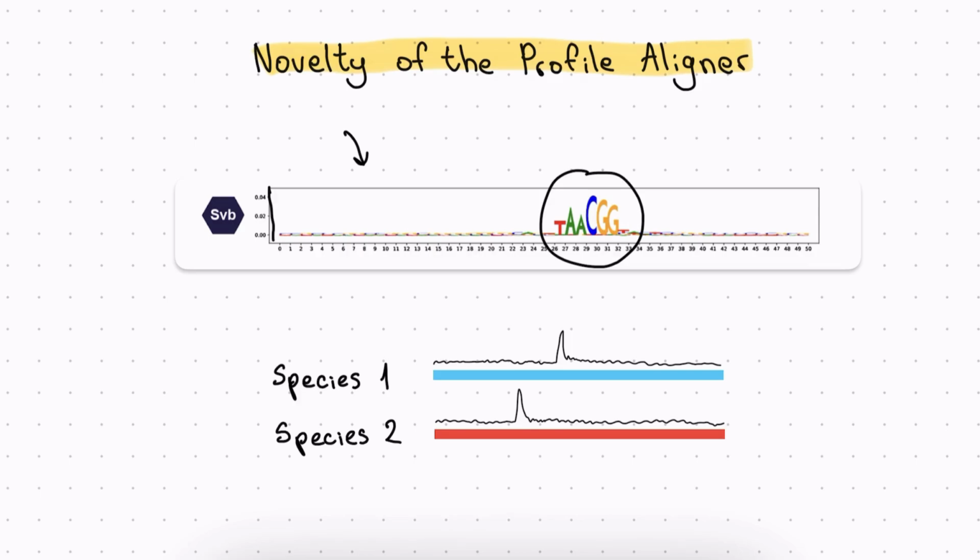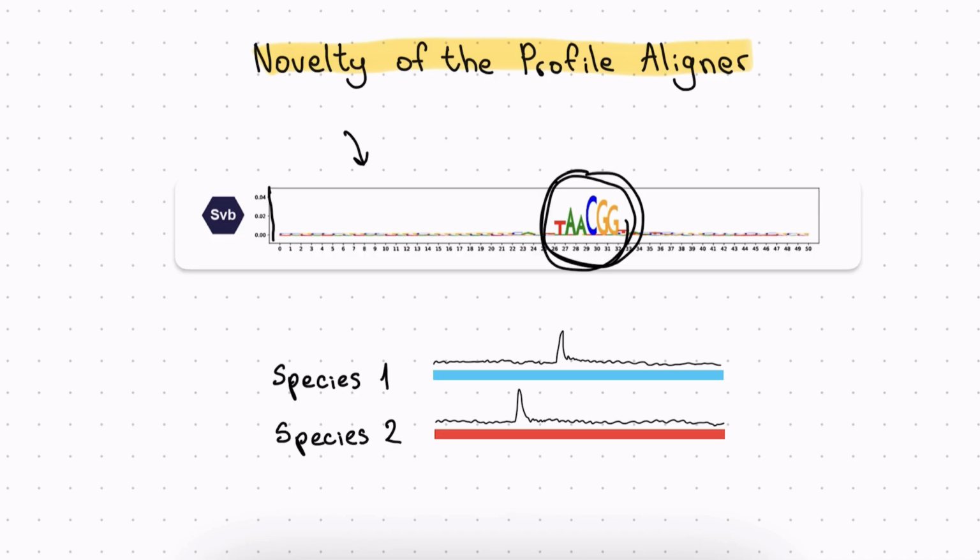A high contribution score means that this base is important for transcription factor binding. And we see that the bases in the motif have high contribution scores because, by definition, a motif is a region where the transcription factor binds. And that's how the profile aligner defines the functional importance. To reiterate, bases that contribute to binding of a specific transcription factor are important and therefore more conserved than the